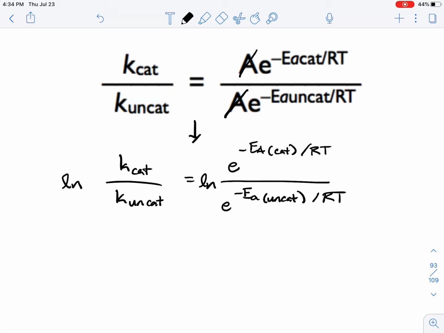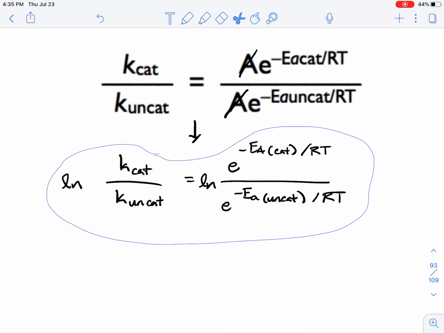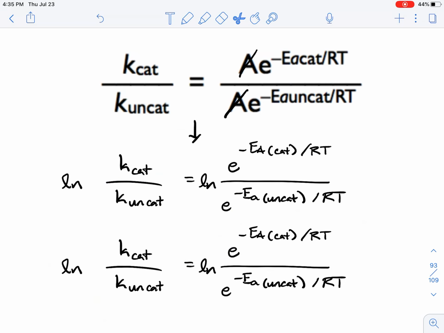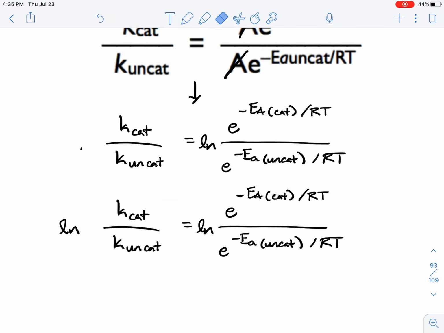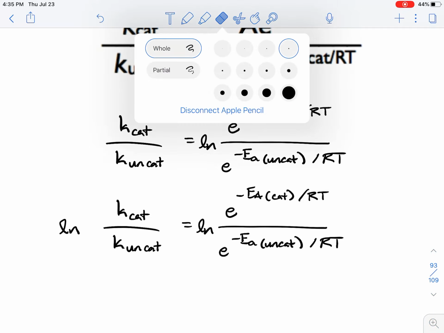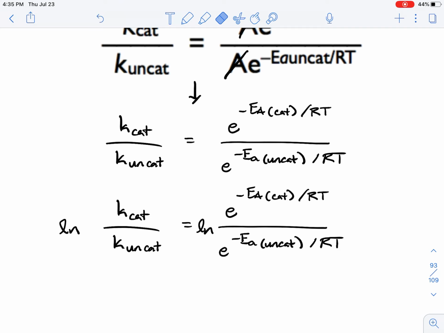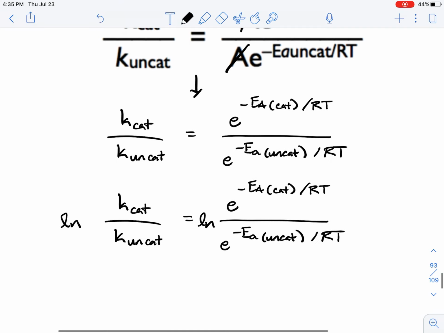Okay, I'm just going to copy this real quick. I'm going to duplicate this because I want to be able to show the progress of my steps here. And so I'm just going to erase this for now. Okay, all right, so if I take the natural log of both sides of the equation,